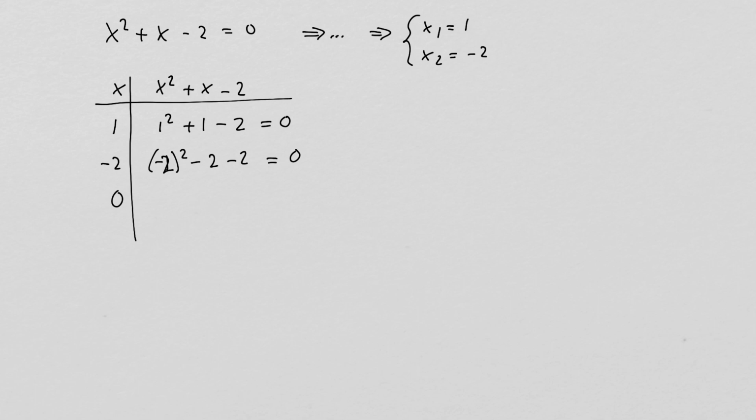If x is equal to 0, we get just minus 2. If x is equal to minus 1, we would get minus 2. And let's still pick one value, x equal to minus 1/2. We would get